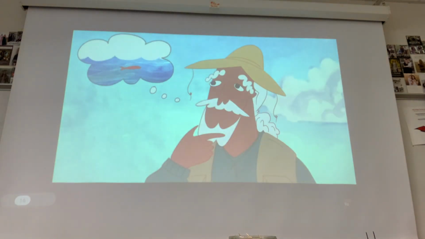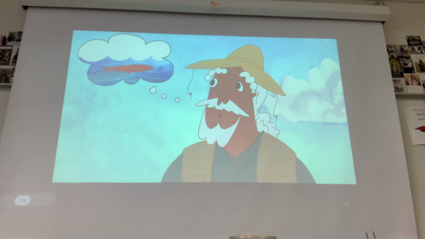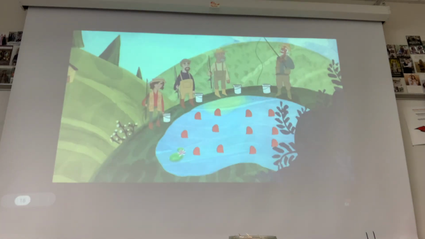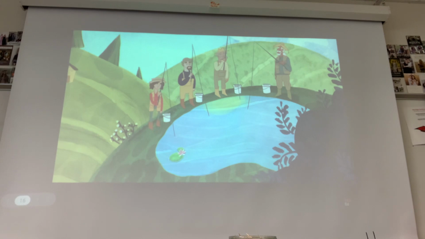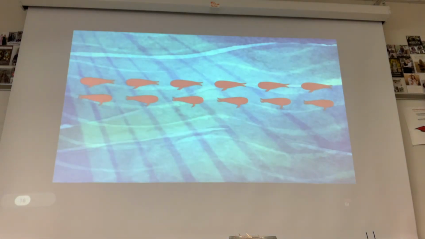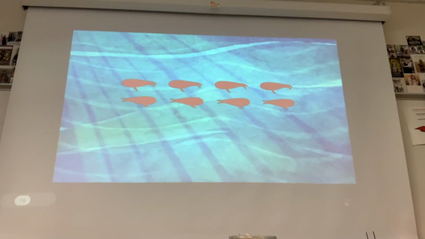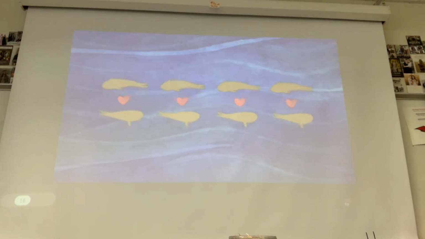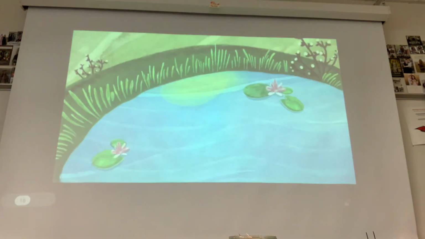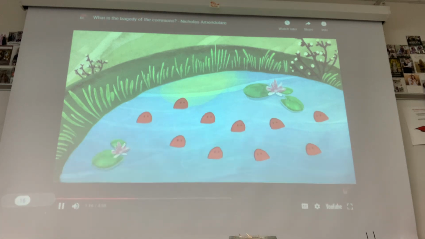Assume baby fish grow to full size immediately, and that the pond begins at full capacity, and ignore factors like the sex of the fish you catch. The answer? 1. And it's not just you. The best way to maximize every villager's food supply is for each fisherman to take just 1 fish each day. Here's how the math works. If each villager takes 1 fish, there will be 8 fish left overnight. Each pair of fish produces 1 baby, and the next day the pond will be fully restocked with 12 fish. If anyone takes more than 1, the number of reproductive pairs drops, and the population